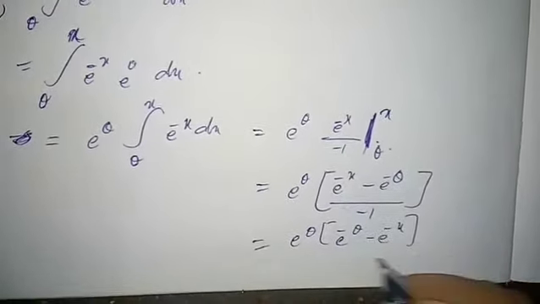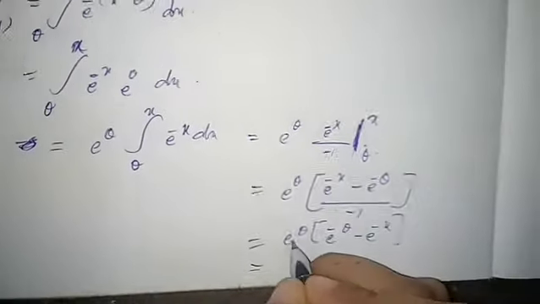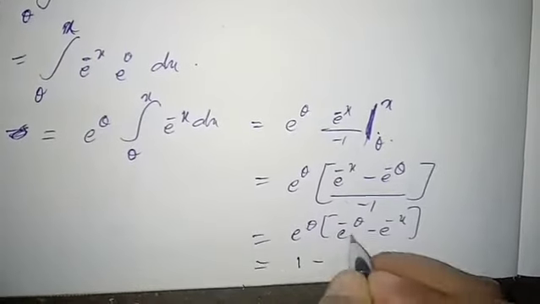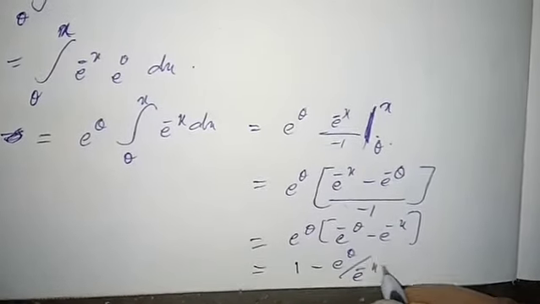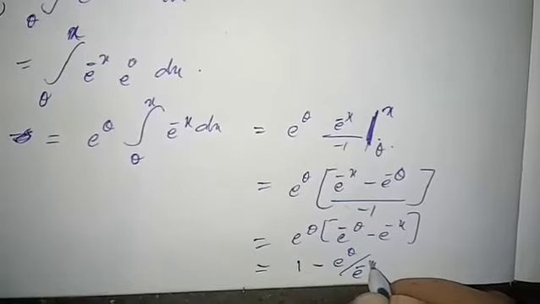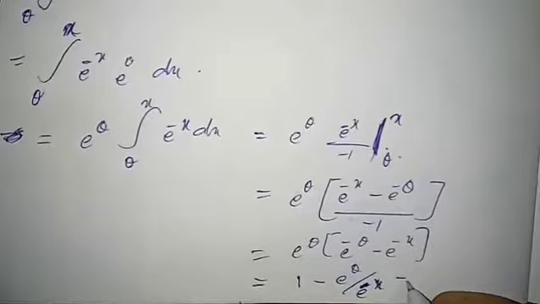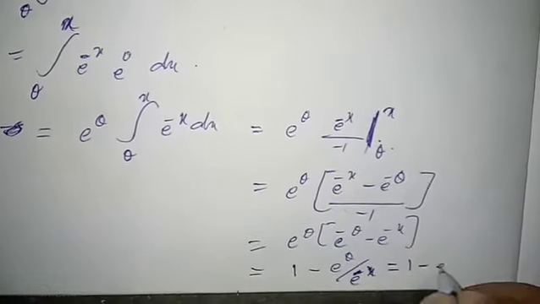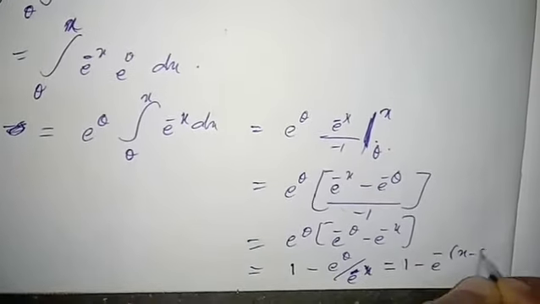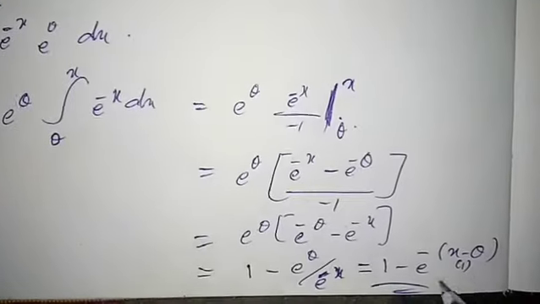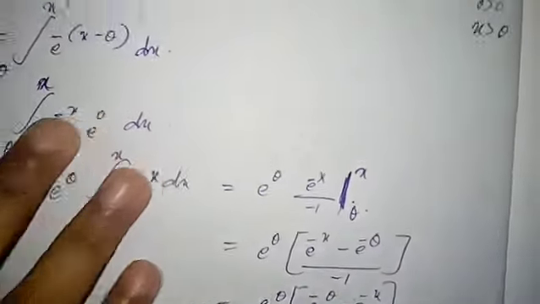You can write this term this way: e power theta divided by e power theta gives 1, minus e power theta divided by e power x. So we can write this as 1 minus e power minus x minus theta, but here x equal to x1, so we have to take x1 here. That is 1 minus e power minus x1 minus theta. Then what is the